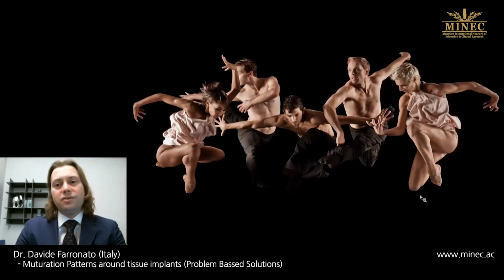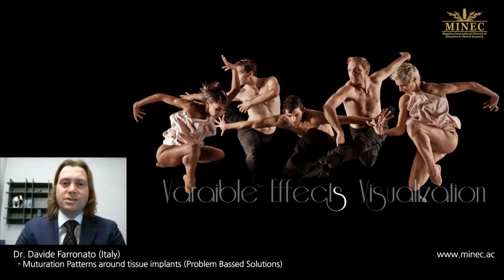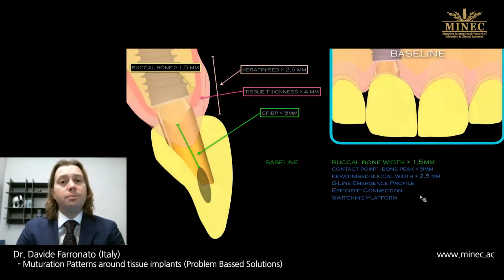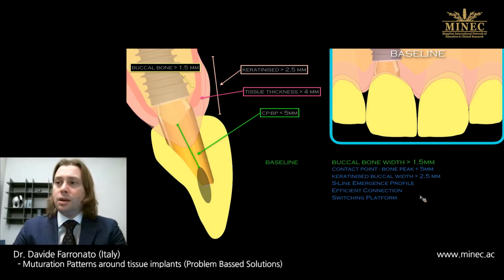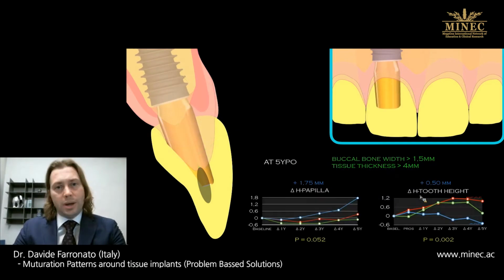So, making a resume of all these numbers, let's try to understand how to apply this in daily practice. You have an implant to place and you do an examination, a radiographical examination, and if you have all these numbers satisfied, you can of course set an implant without big fear of having a problem, because probably the tissue will mature this way. And this is demonstrated by all the numbers that I showed you at 5 years follow-up